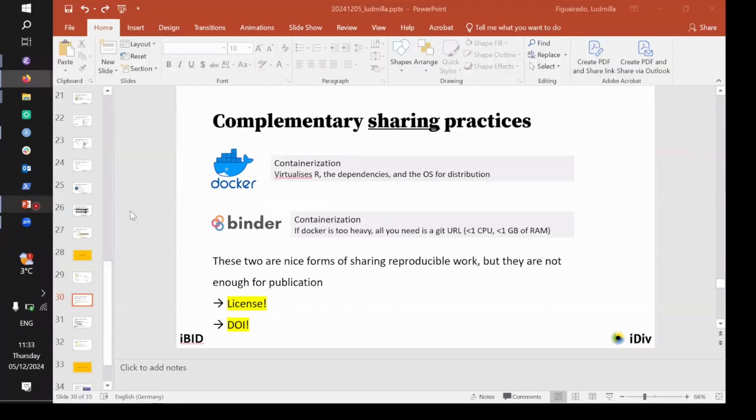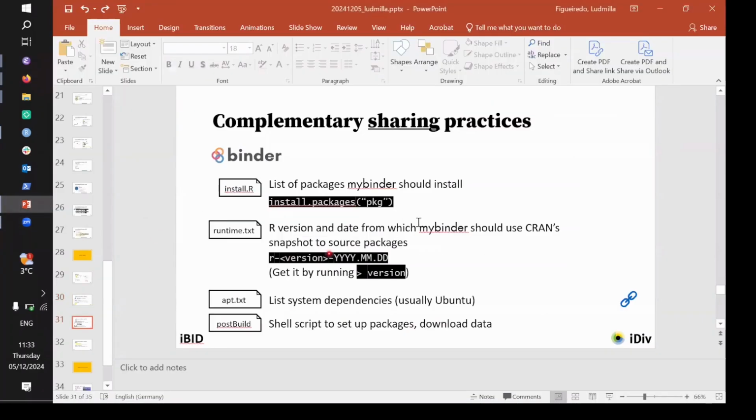Right, in my presentation, you'll get it in our Zenodo community later. These are the basic files that you need to have. In case you are working with Linux machines, sometimes your packages have some library dependencies. You would need what they call an apt text file listing those libraries that Binder will take care of